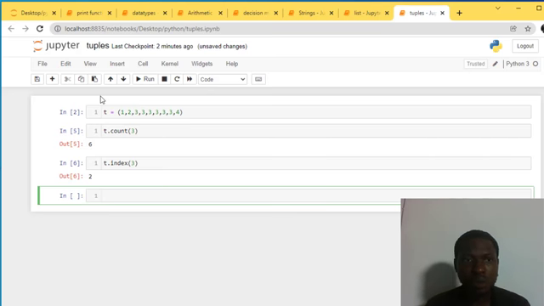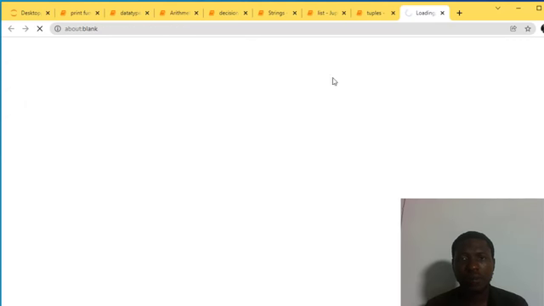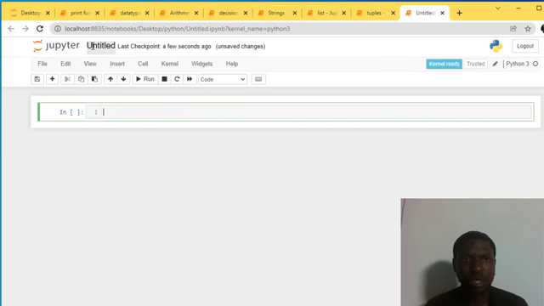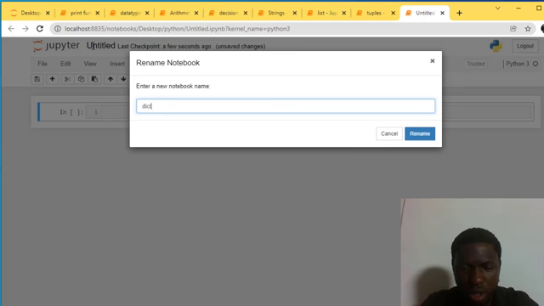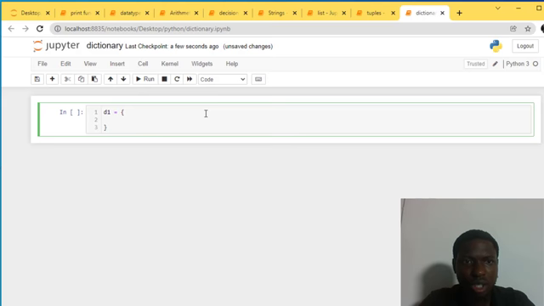Now the next thing we have to look at is the dictionary. So if I go to Python 3, and I'm going to name this dictionary, rename this, and let's look at the dictionary and some of the values available in a dictionary. So I'm just going to call this D1, and I'll create a dictionary. Remember how I told you can create a dictionary using your square bracket, and you need to give it a name. For instance, a key is the name, and the value of name is going to be